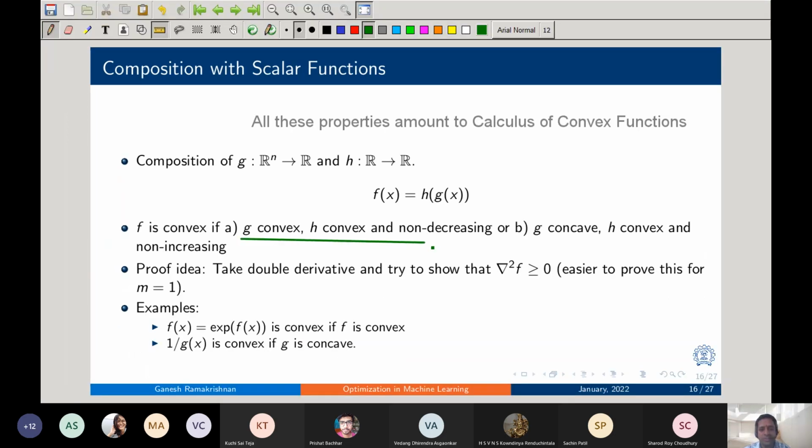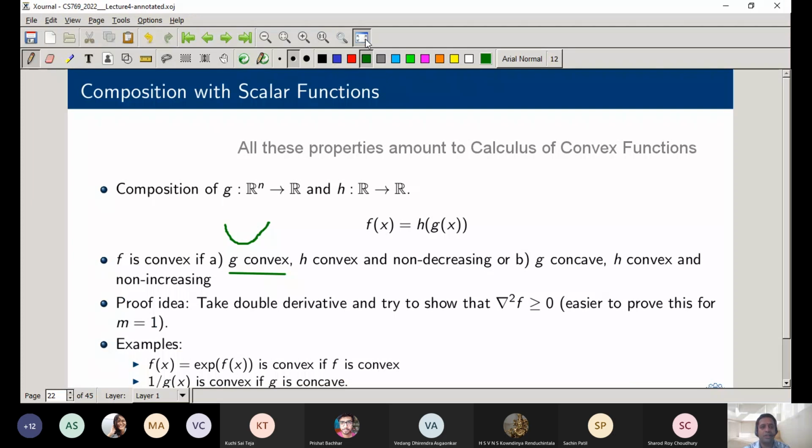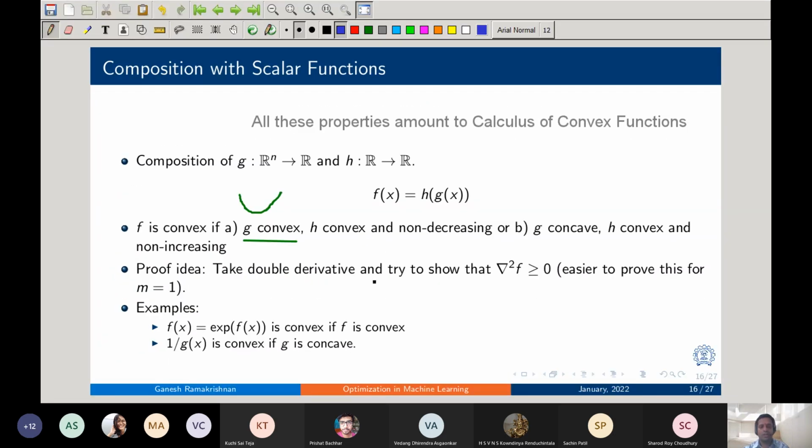If g is convex, h is convex and non-decreasing. That's case number one. Let me just show this one at a time. So g is convex and h is convex and non-decreasing. So h cannot be non-increasing. What does that mean? It means h cannot have this shape. H can be, for example, an exponential function, exp. This could be its shape, right? So under this condition,